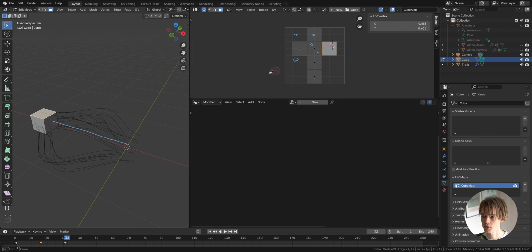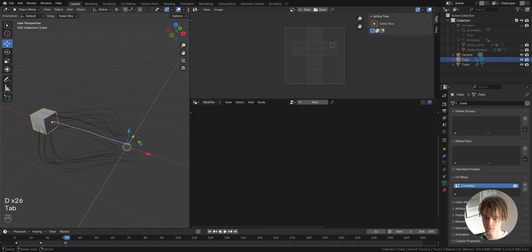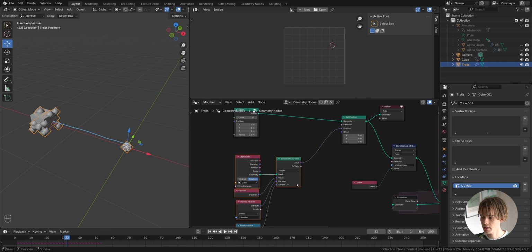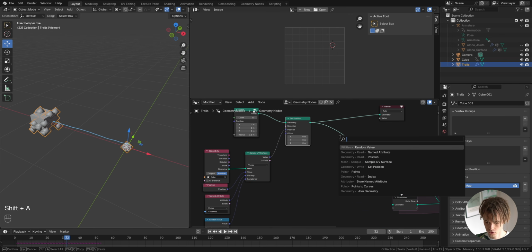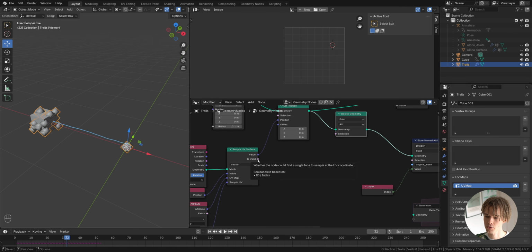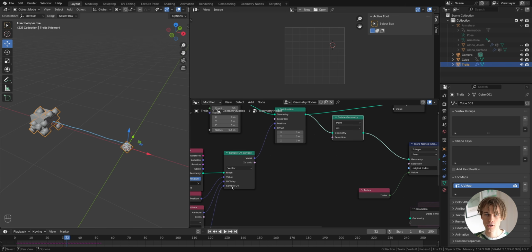So we get a bunch of errors and they don't really move anywhere. They just are kept in the 0, 0 position here. So let's make it so that we just delete those points. I'm going to use delete geometry, plug it here, and there is actually a very handy output here, which is valid, which means are the sample locations in this node actually on a face or not. Let's plug it here, and now you can see, well, okay, the valid ones got removed, but the problematic ones remain,